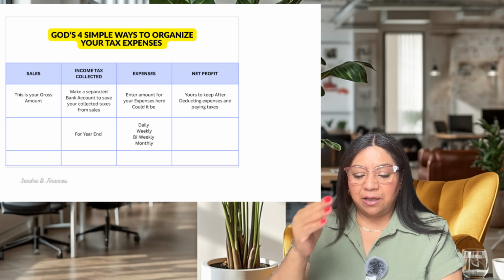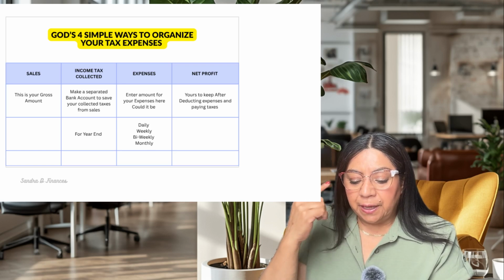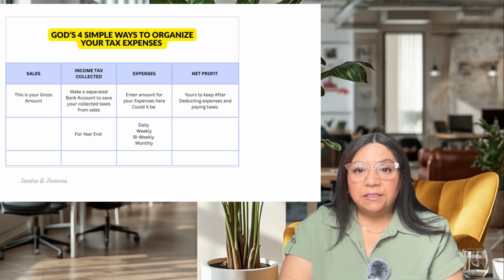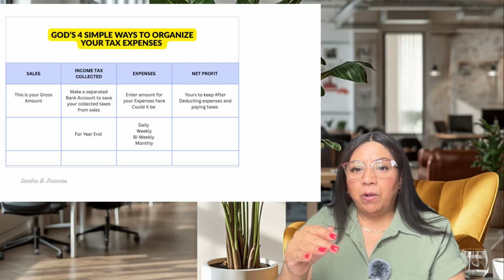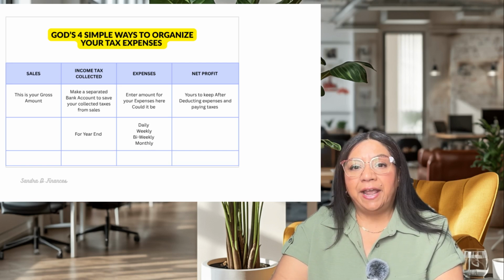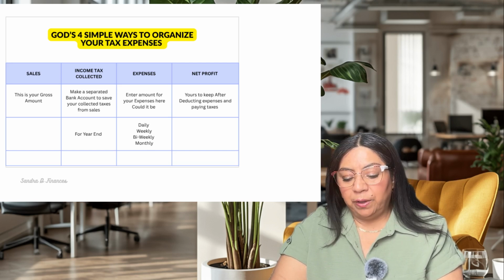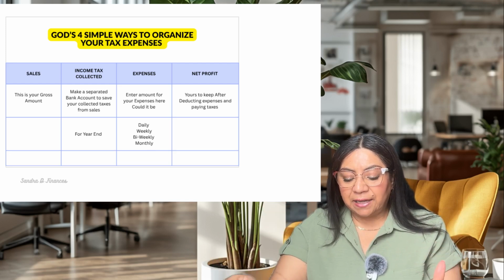But keep in mind that this will happen after taxes, after you pay everything. This will be your net profit, what you make for the whole year. All right, and that's the part you will keep. So this is the simple way to organize for tax deductions. And the write-off,